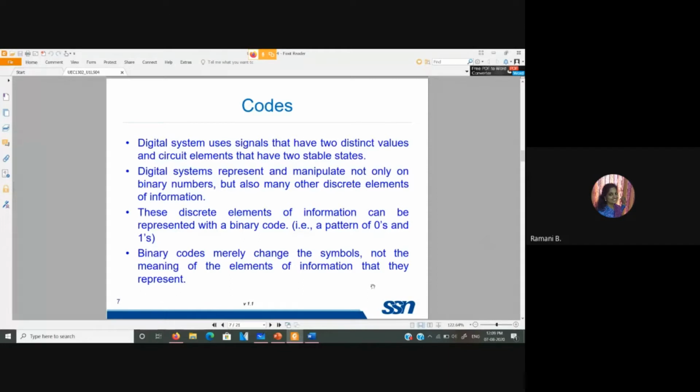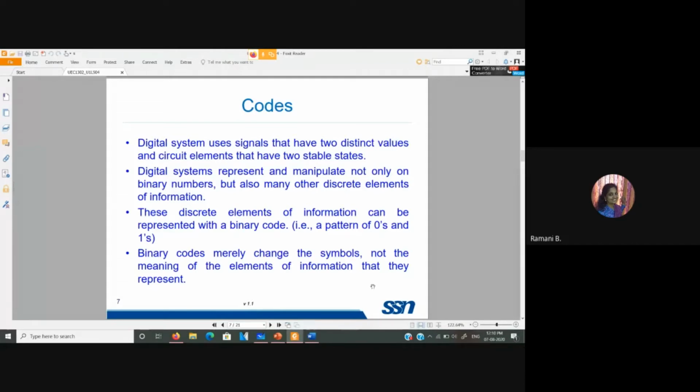For example, if I want to transmit some information in the form of numbers, just for example's sake, let me take a very simple thing. I need to transmit the number 9 from one place to another person, but I don't want anyone else to know what I am actually transmitting. So instead of sending the number 9 as such, I will code it using some binary combination.